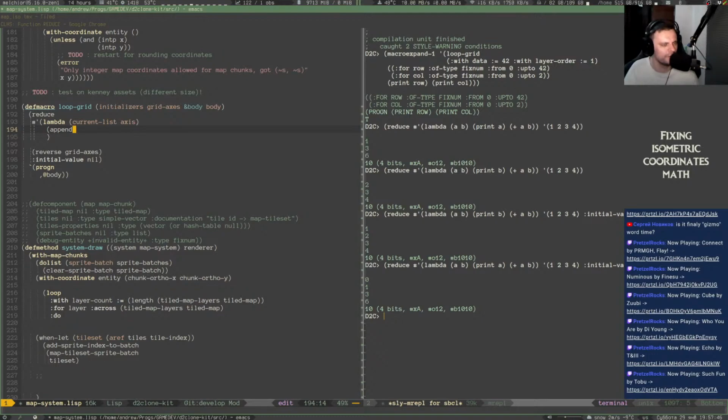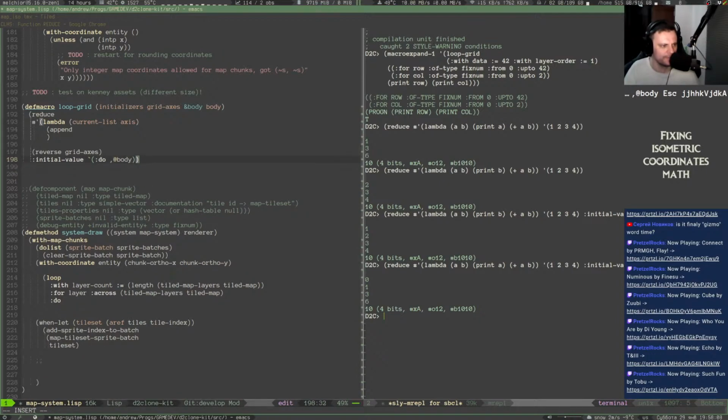Yeah, now come to think of it, I probably have to have the initial value, I gotta have a list of do and then the body, because it would be the innermost loop. Right. Okay. So initial value and then to that thing. So that would be something like do print 42, and then to that list I gotta append those clauses, right,